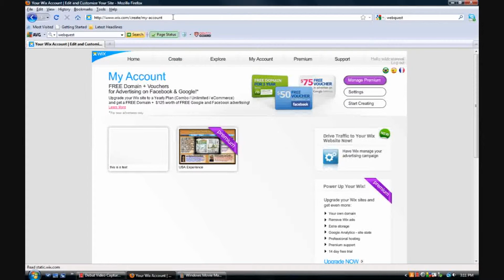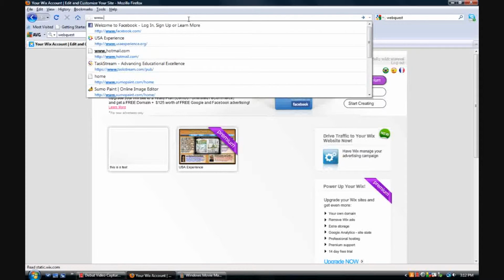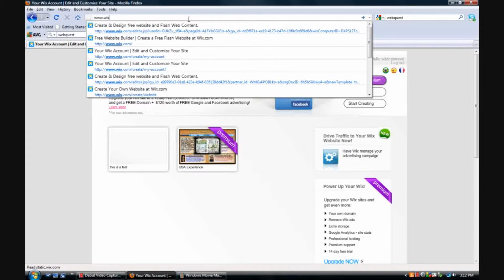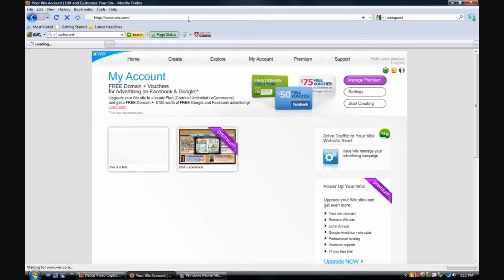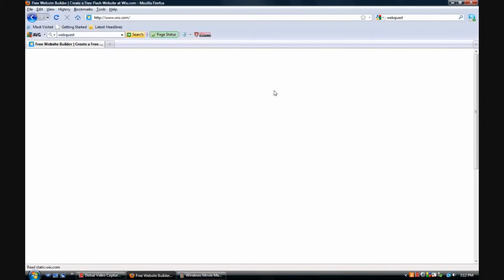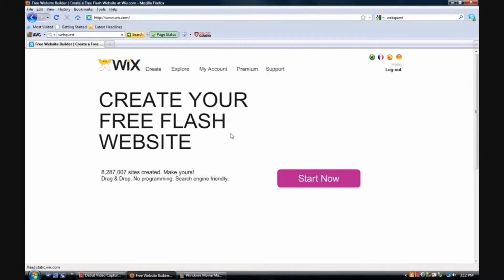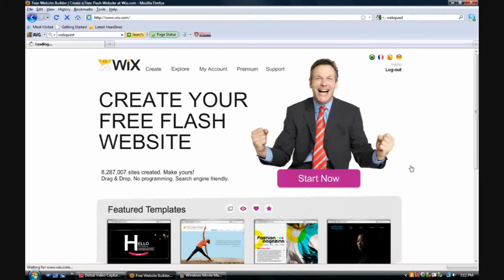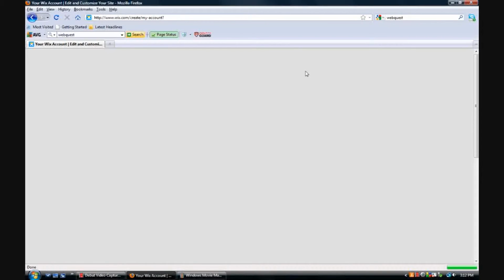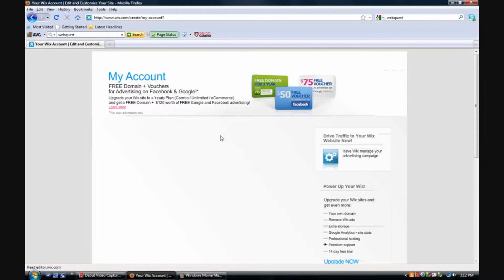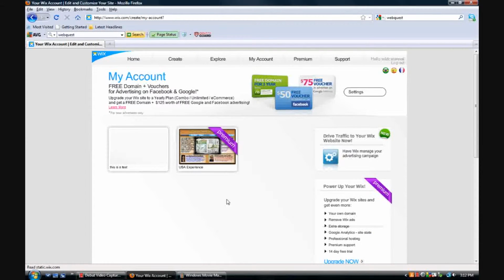The next thing is an internet program or website that's called Wix. Essentially the website name is www.wix.com. It's a program that essentially allows you to create a free website. Of course, if you wanted to get started, you'd simply click on Start Now. From Start Now, it kind of brings you to here, tells you a little bit about the plans. I'm going to skip that portion for now and bring you right into my account and show you what Wix